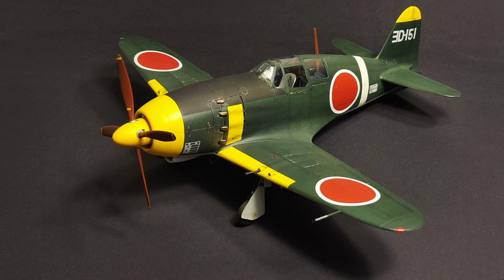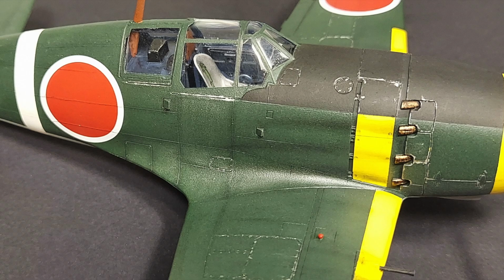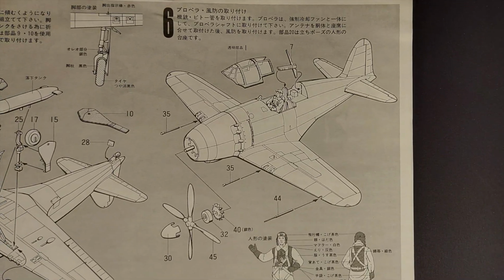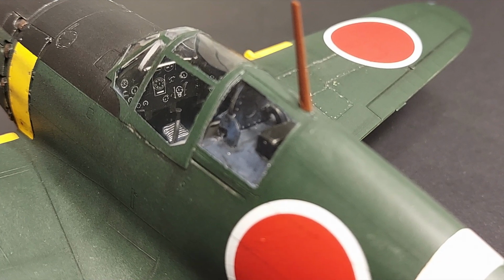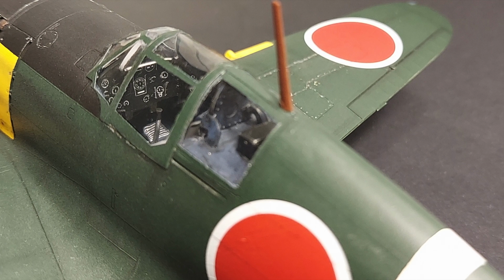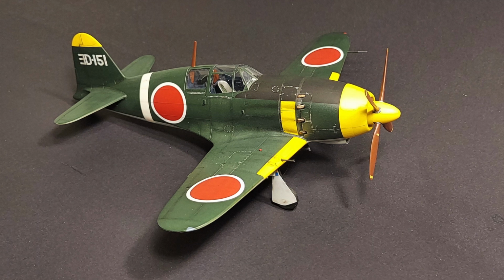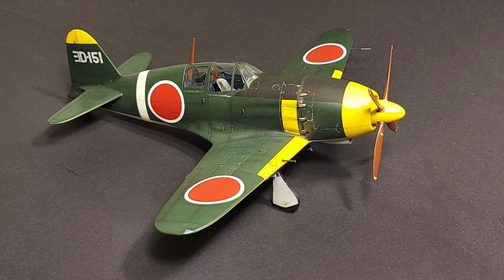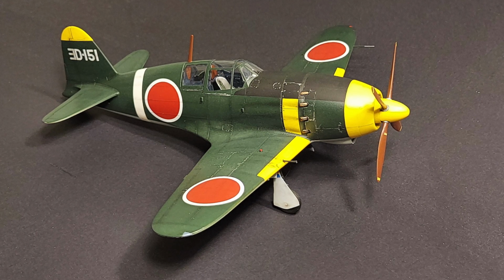In this model kit review, we will be taking a look at the plastic parts that come in the kit. We'll take a look at the surface detailing. We will take a look at the kit instructions. And we'll also talk about the clear parts and the cockpit detail and what comes in the kit with the detail parts. We'll take a look at the kit decals as well. And we'll be trying to answer the question, with Hasegawa's newer J2M3 currently available, is this classic Tamiya kit still